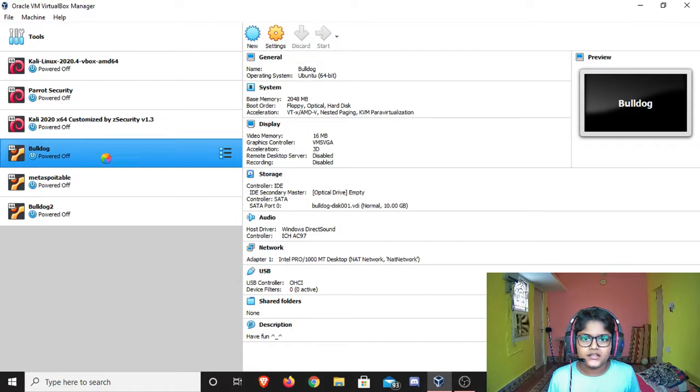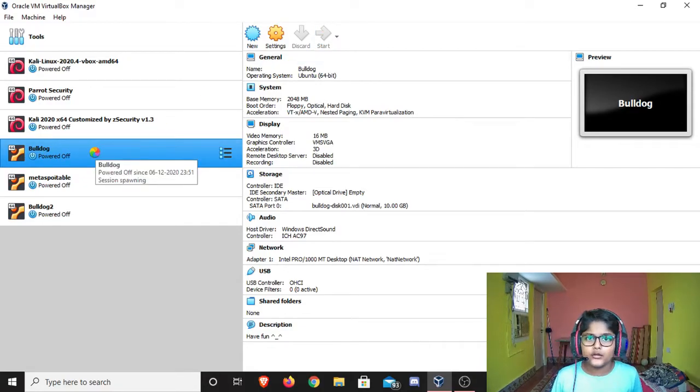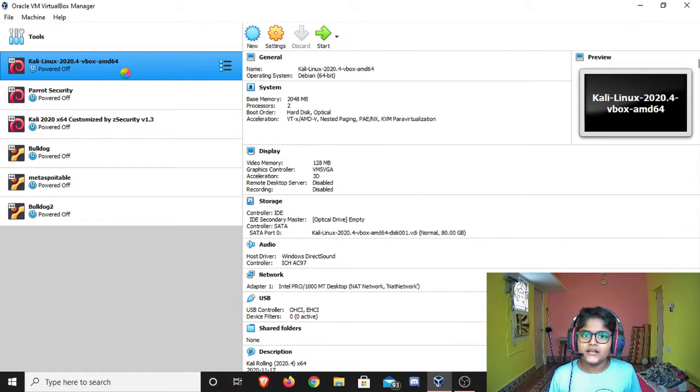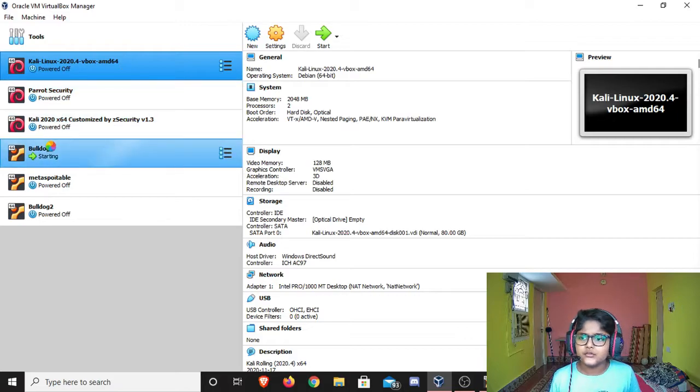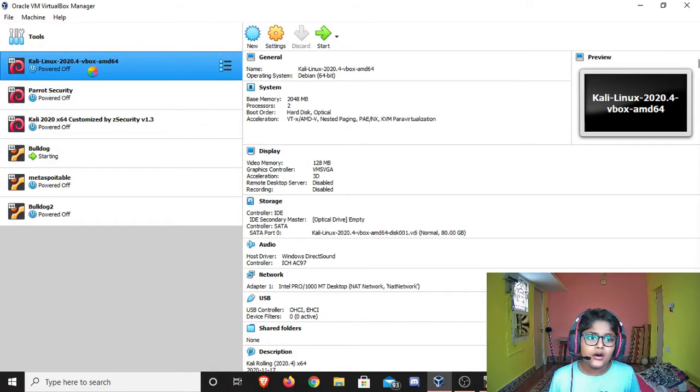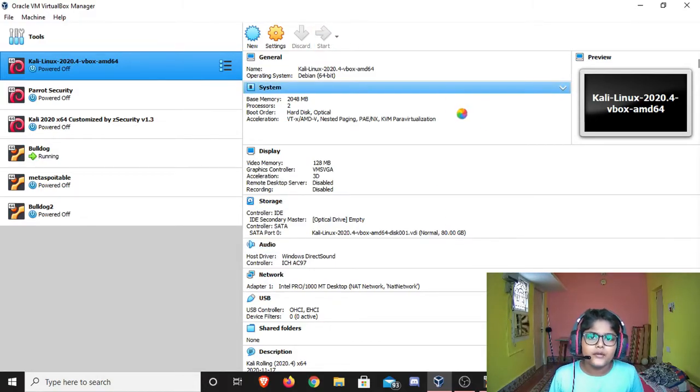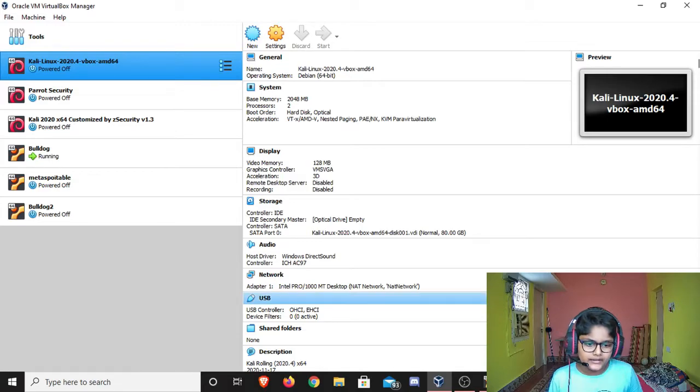And let us start the Bulldog machine. We don't know the password or the username. We need to get into the machine, so today we are going to be using Kali Linux. In your case, you might use Parrot Security or even Windows. Usually Windows is not good for that, but using Windows does not make you a noob, right? You can even use Windows if you know the procedure. For me, I use Kali Linux, so let me boot it up.